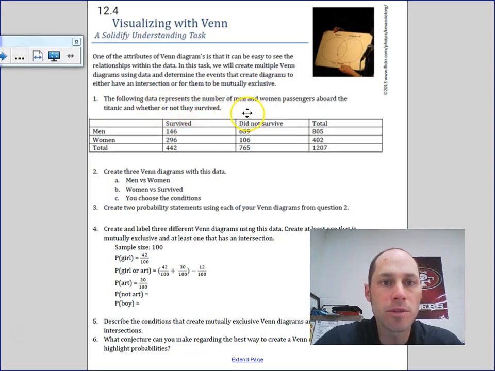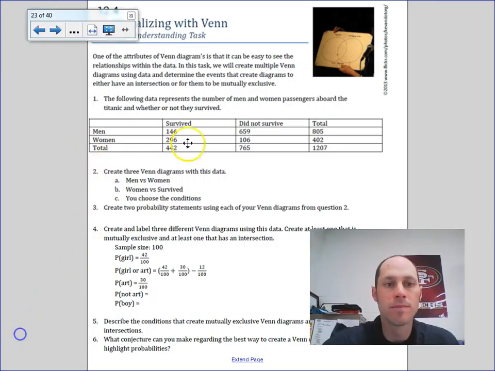So here's some data that represents the number of men and women passengers aboard the Titanic and whether or not they survived. Your job is to create three Venn diagrams with this data, one that is men versus women, one that's women versus those who survived, and one where you choose the categories. Then create a couple probability statements using those Venn diagrams. Let's do that first. So pause it and restart it when you're done with 2 and 3 and ready to